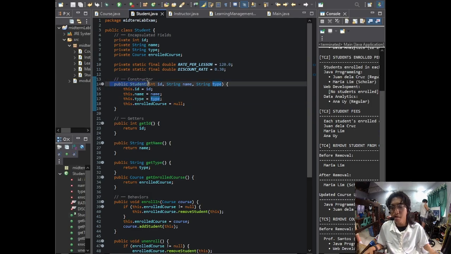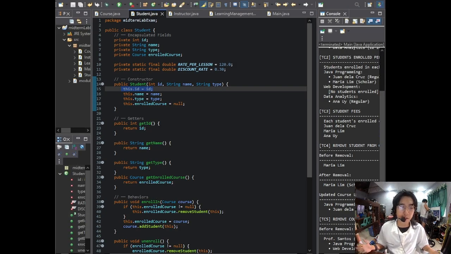Next is our constructor: public Student(int id, String name, String type). this.id = id. The id is passed in by the LMS, using its own auto-incrementing student ID counter. enrolledCourse is explicitly set to null, since the student has no course on creation.